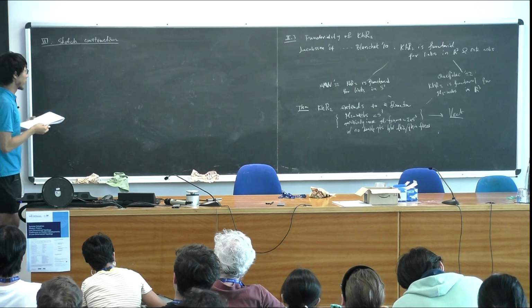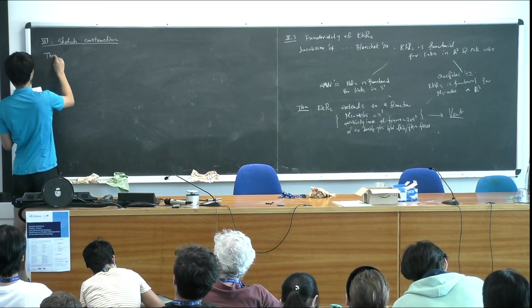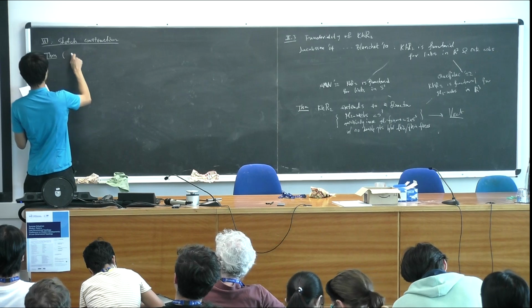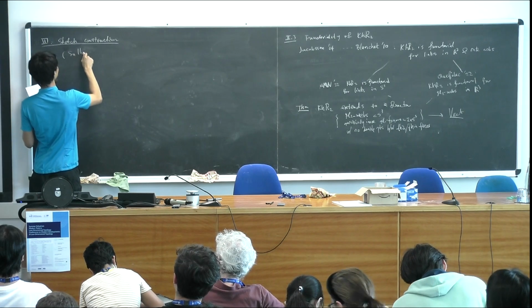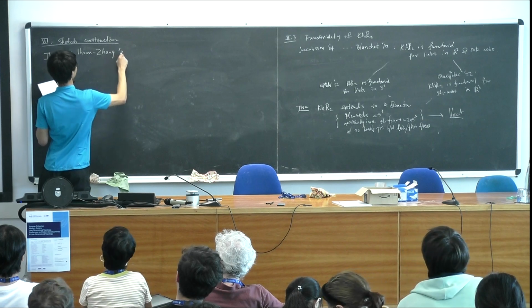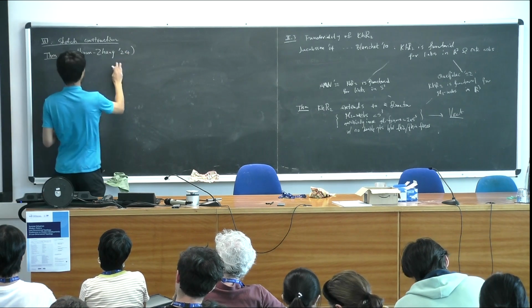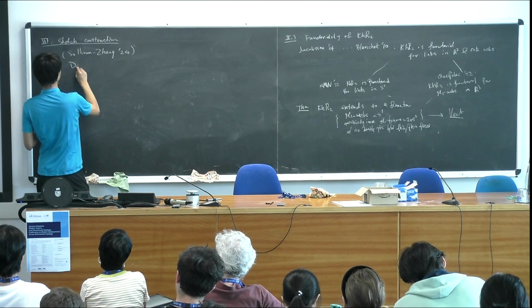Really, I suppress one other very important ingredient, but it was done in an earlier paper by Ian Sullivan and Melissa Zhang. That says, I'm rephrasing this a little bit, that B standard